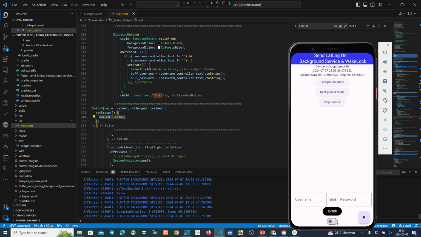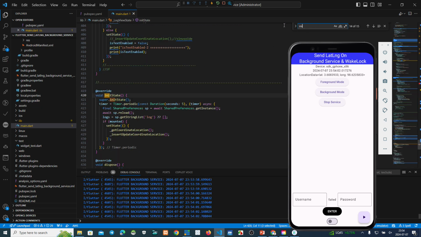Yeah, if we click here, the right side becomes on, and on the left side the wake lock becomes off. Okay. After this one, we make an if condition on init state. Okay, we init state.